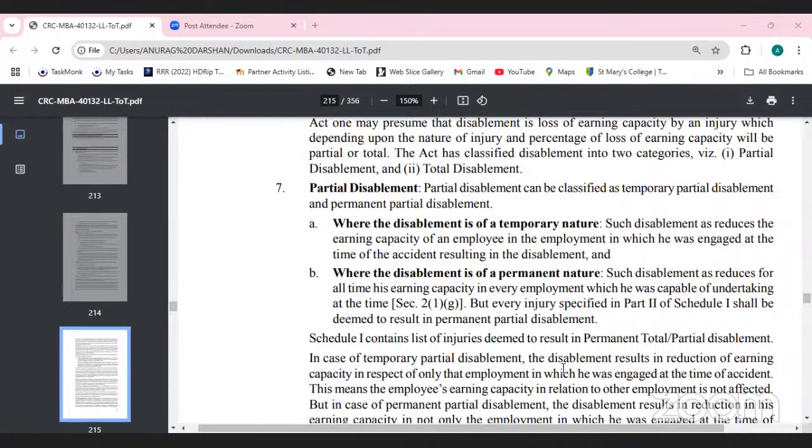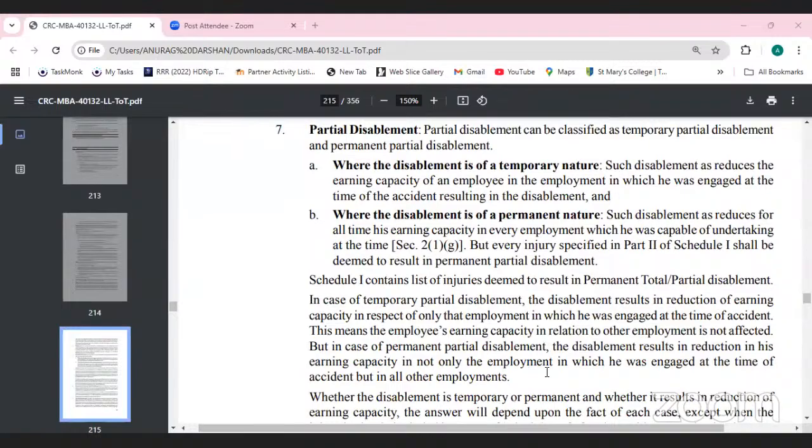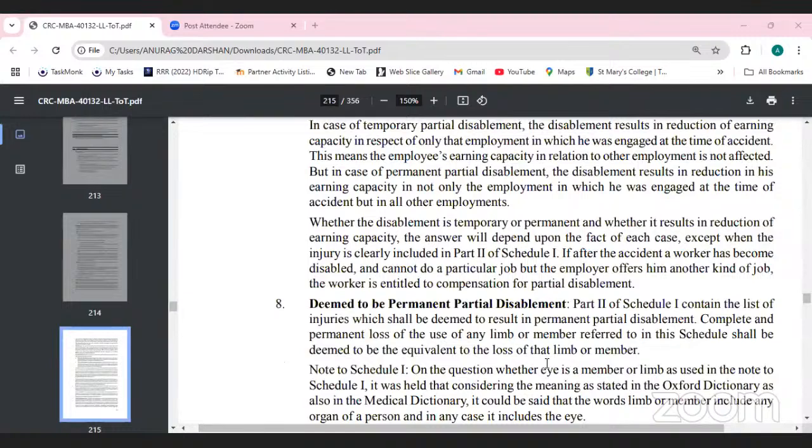Whereas the disablement of a permanent nature can reduce at all times his earning capacity in every employment which he was capable of undertaking at that time. So in case of partial or complete permanent disability, the earning capacity will be reduced for the time period if it is temporary, and for life if it is permanent. Now, deemed to be permanent partial disablement, Part 2 of Schedule 1 contains the list of